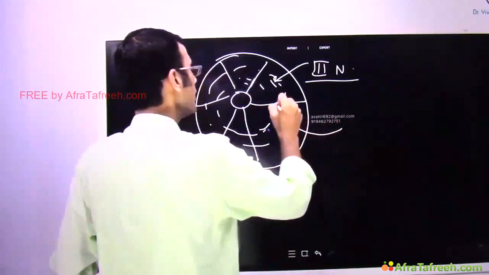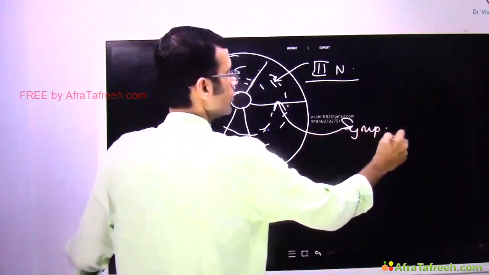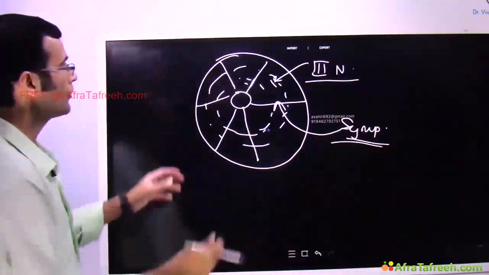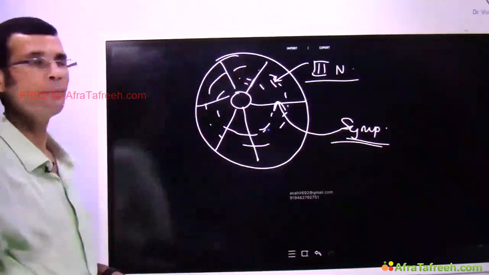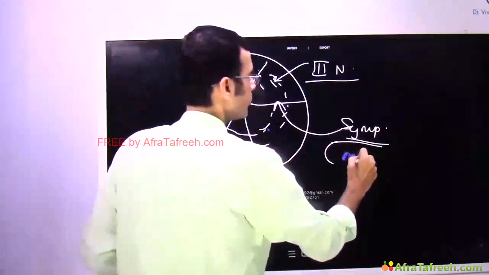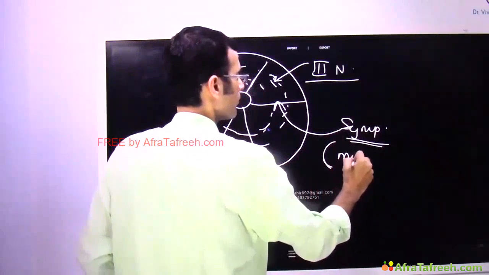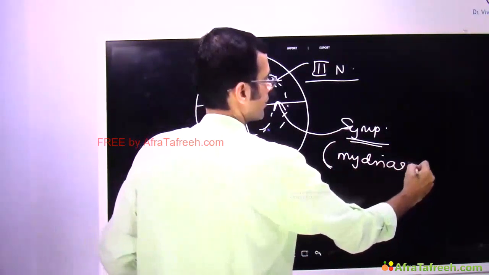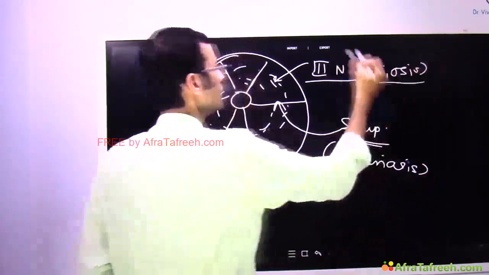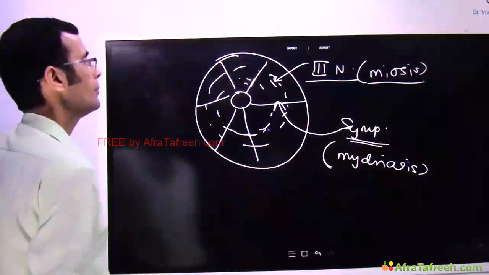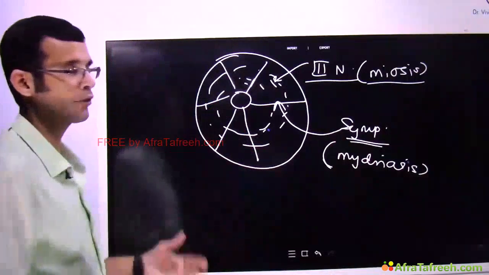Whereas the radial muscle of the iris is under sympathetic control. So sympathetic stimulation will cause contraction of the radial muscle of the iris, and the pupillary aperture will increase in diameter. Pupils will dilate. Pupillary dilatation is called as mydriasis, and pupillary constriction under parasympathetic control is miosis. So that's how sympathetic and parasympathetic have contradictory effect.